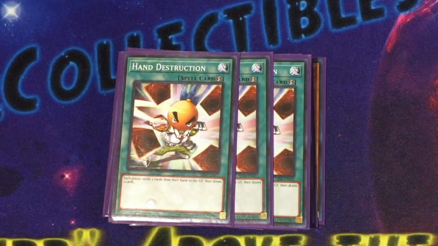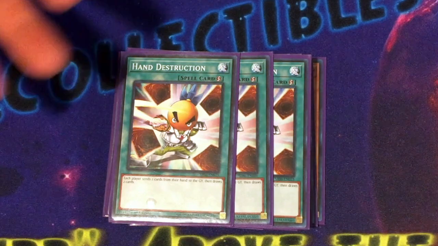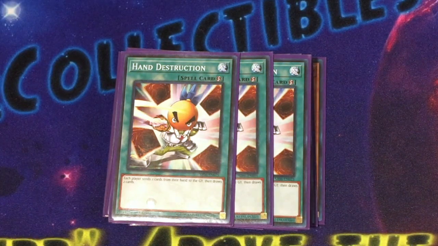Hand Destruction, just a consistency card, trying to get the stuff you need in the grave so that you can draw, but you also have to let your opponent essentially unbrick their hands. And you're really just kind of relying on them having a bad or a good hand and drawing into a